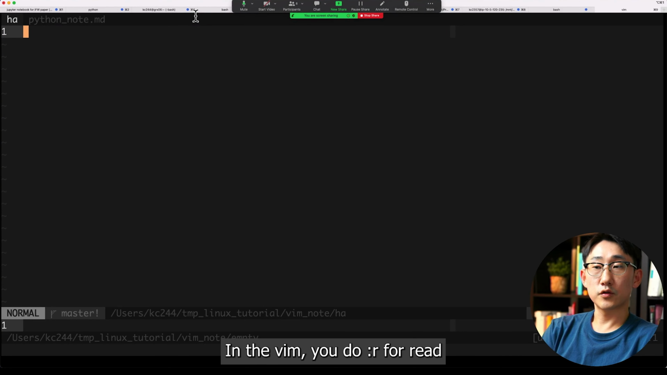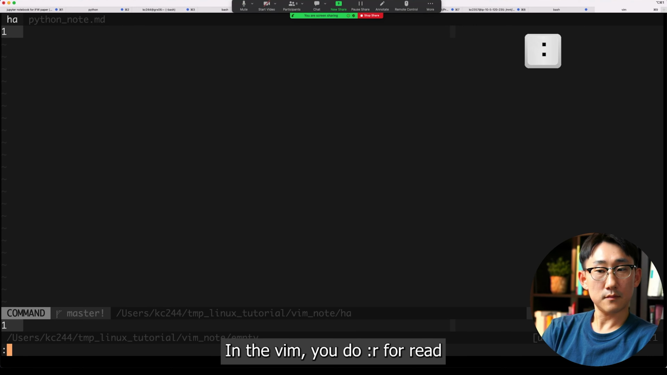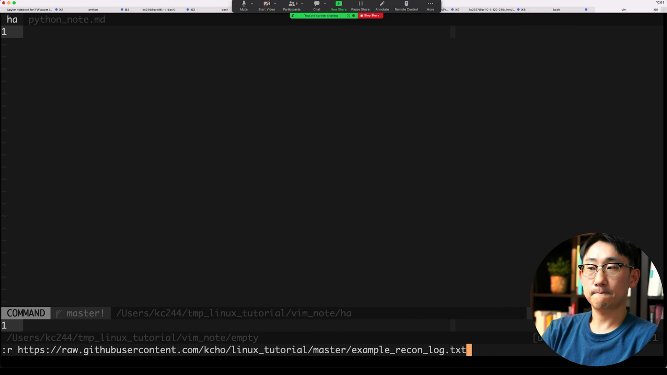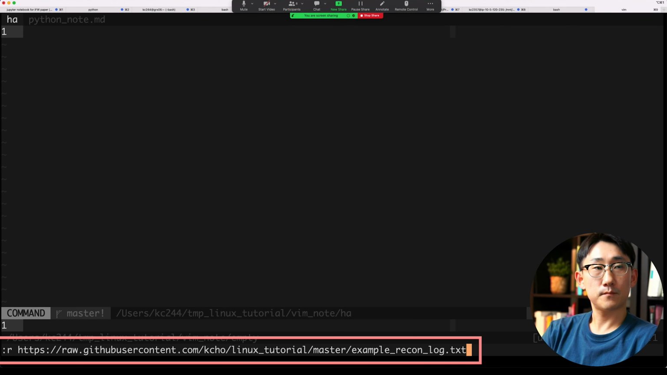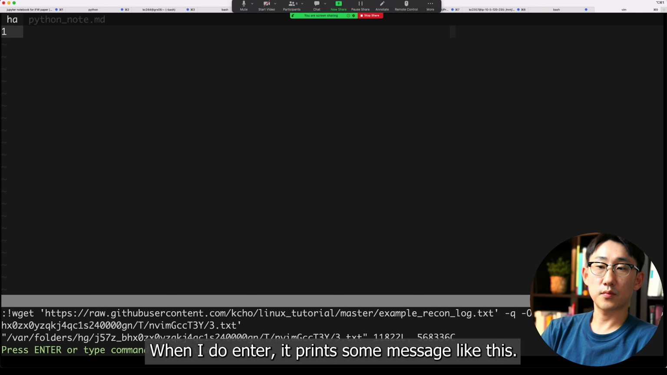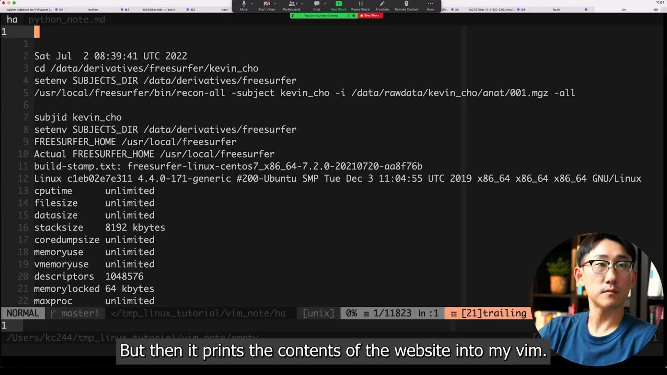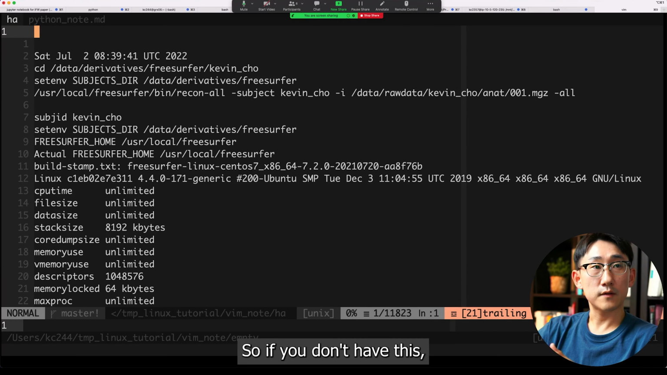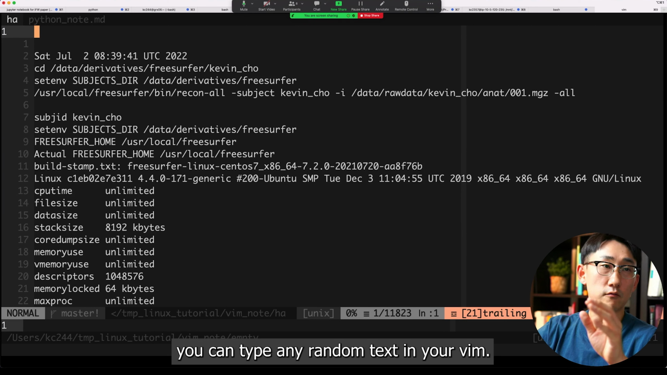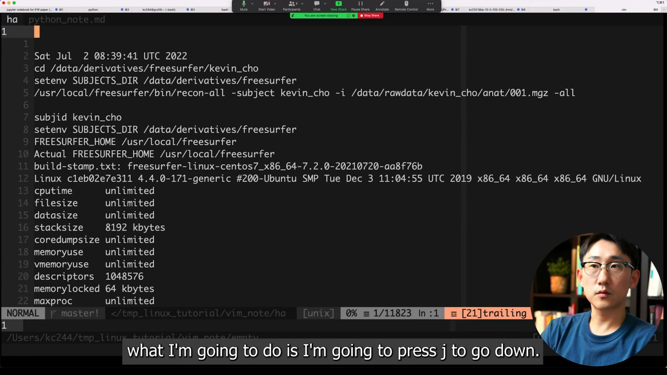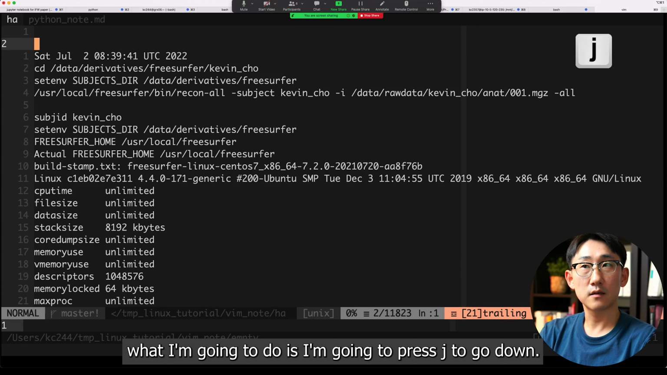In Vim, you type colon, R for read, and then you paste the address that we just copied. When I press enter, it prints some messages, and then it prints the contents of the website into my Vim. If you don't have this, you can type any random text in your Vim, so we can do something similar. I'm going to press J to go down,